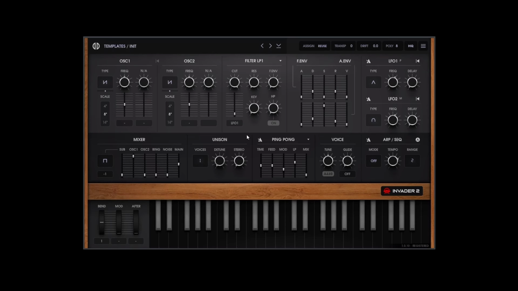I do wish you could modulate more stuff with the LFO and not just these 5 sections. It would be really cool if you could modulate the ring mod. You can modulate sync,